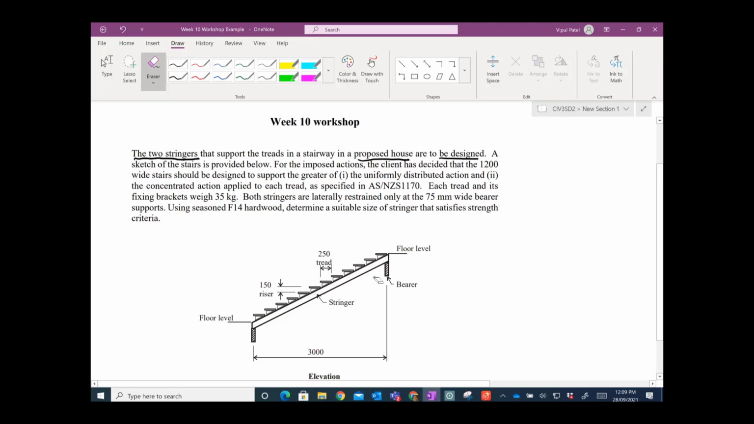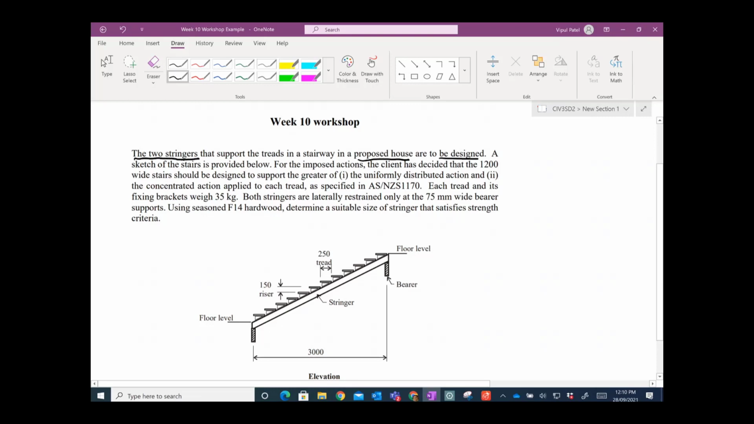Make sure that under bending it will not fail. The person who is walking on it will not fall down. So that's the main criteria. A sketch of the stair is provided below. For the imposed actions, the client has decided that 1.2 meter, or 1200 millimeter, wide stairs should be designed to support the greater of a uniformly distributed load. So you need to have a uniformly distributed load,